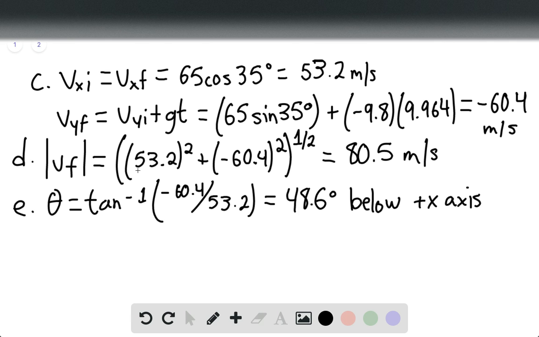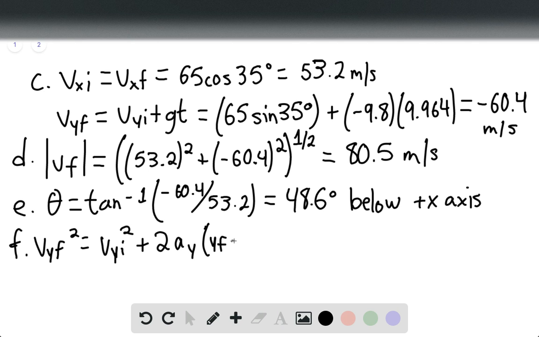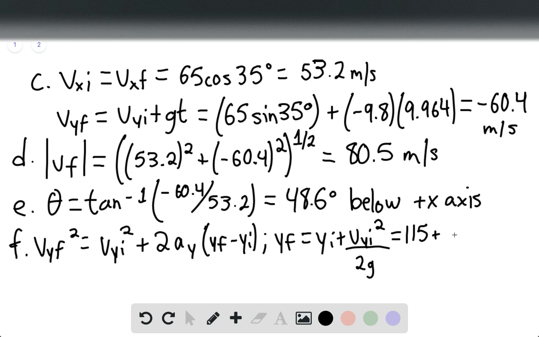And then they're asking us for the maximum height reached. So we can say that for F, Vy final squared equals Vy initial squared plus 2 times a sub y, and then here it'll be y final minus y initial. So we can say that y final equals y initial plus vy initial squared divided by 2g. And at this point, we can say this is going to be equal to 115 plus vy initial, so it'll be